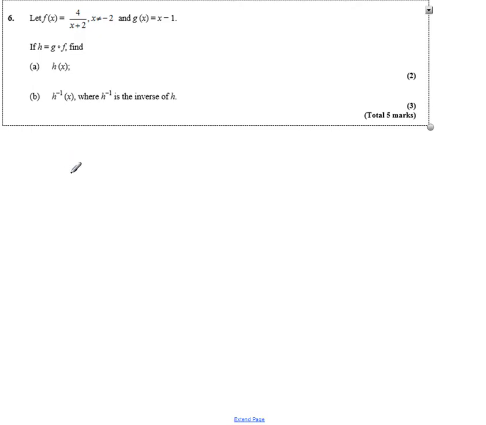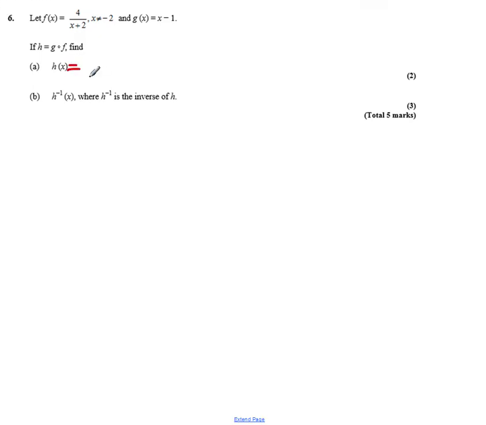h is equal to g of f of x, so let's find it. h of x involves putting g into f. Oh, no, other way around. Putting f into g. So h of x is going to be 4 over x plus 2, minus 1. Done. Find the inverse. So to find the inverse, I start off by writing this as that, and then I